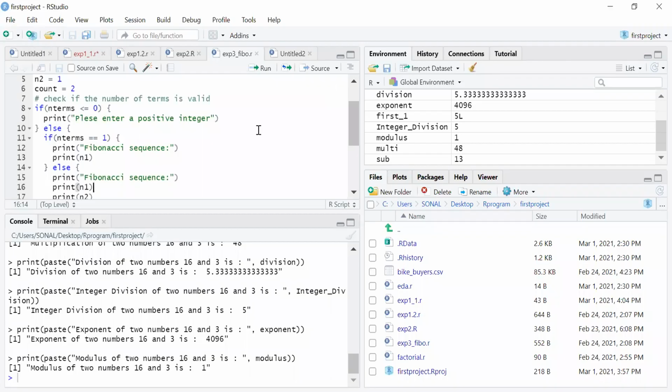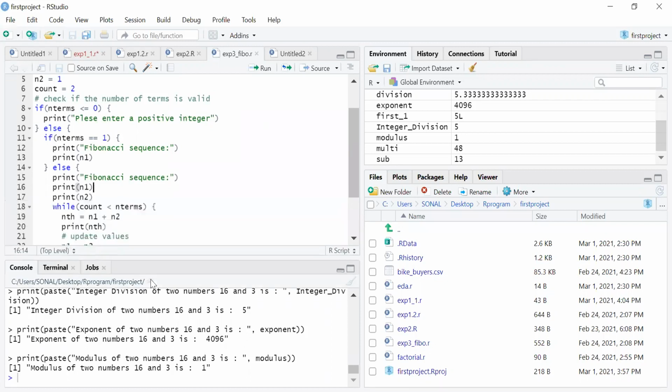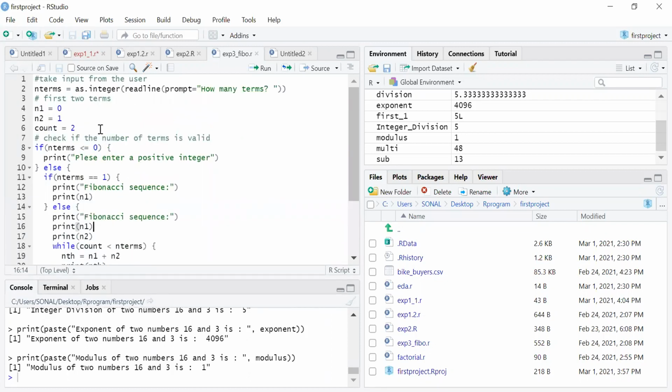Now let's see a very regular program, the Fibonacci sequence, which you have been learning from the first year, and how it can be done using R programming. See here, the two values are assigned. I told you earlier also, either the equals to sign can be used or you can use the less than and hyphen sign. After that, as we know, what is the Fibonacci series? It gives the addition of the earlier numbers.